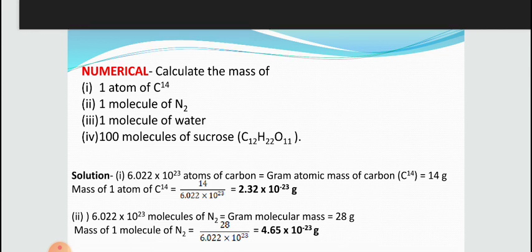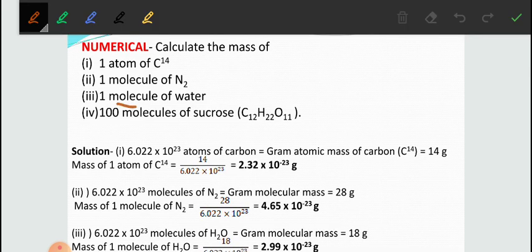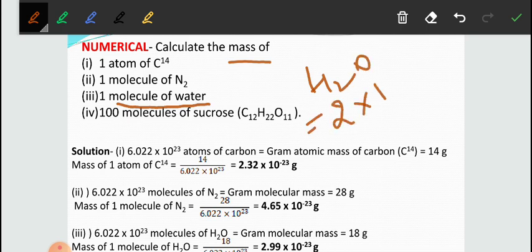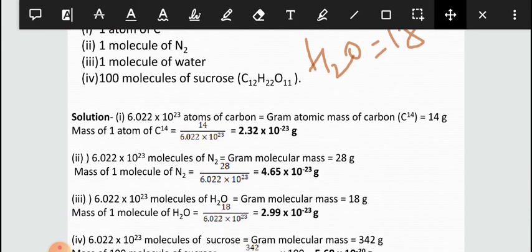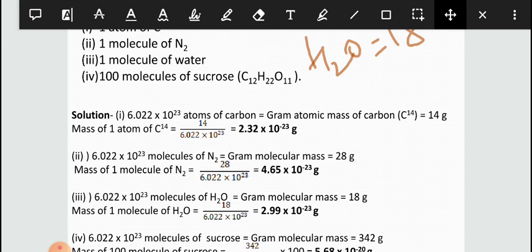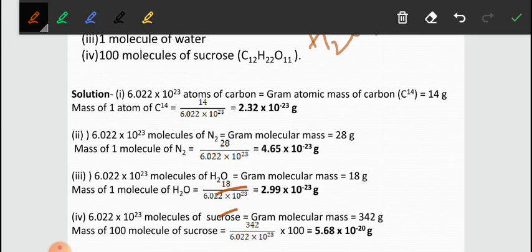Now in the next part we need to calculate the mass of one molecule of water. So one molecule of water is basically H2O. It has mass 2 into 1, that is, hydrogen has 1 and oxygen has mass 16, so the answer will be 18. Okay, so I will get 18 as the answer. So the molar mass of H2O is given now, it is 18. We need to calculate mass. So what we have to do is simply multiply this 18 and divide by the Avogadro number.